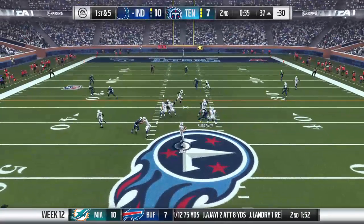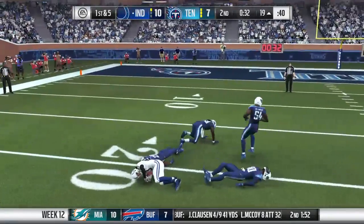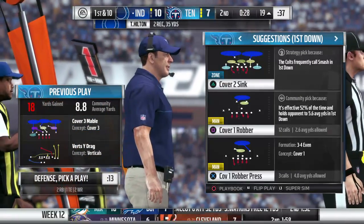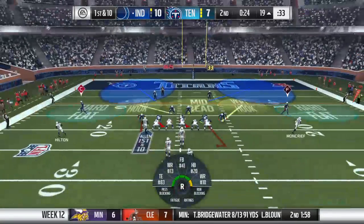A shotgun snap for Love. Over the middle here, it's Hilton, and he's brought down. Eighteen yards on the pickup there, and it'll give the Colts a first down. And the defense with their backs against the wall a little bit here as the offense is in the red